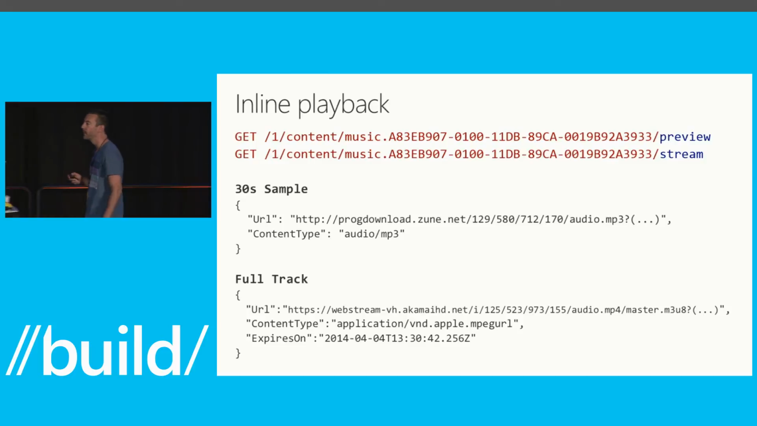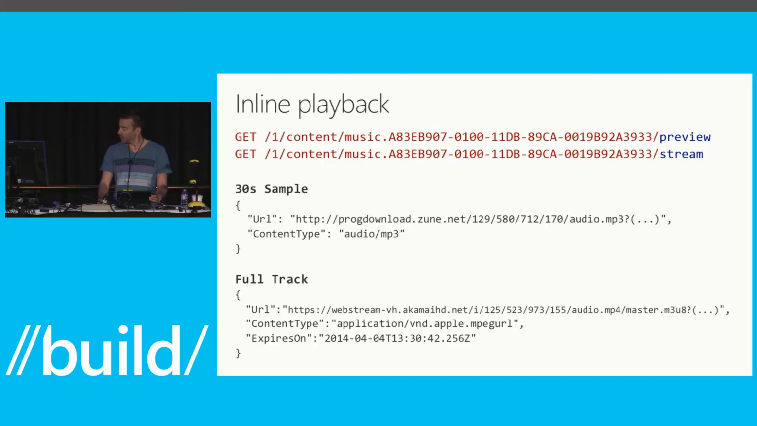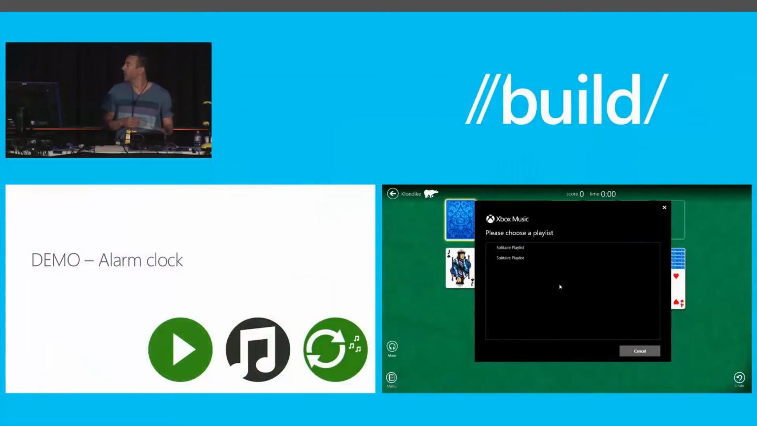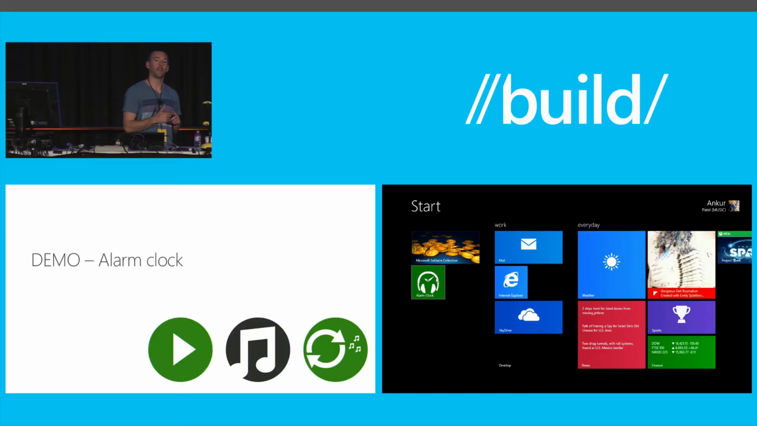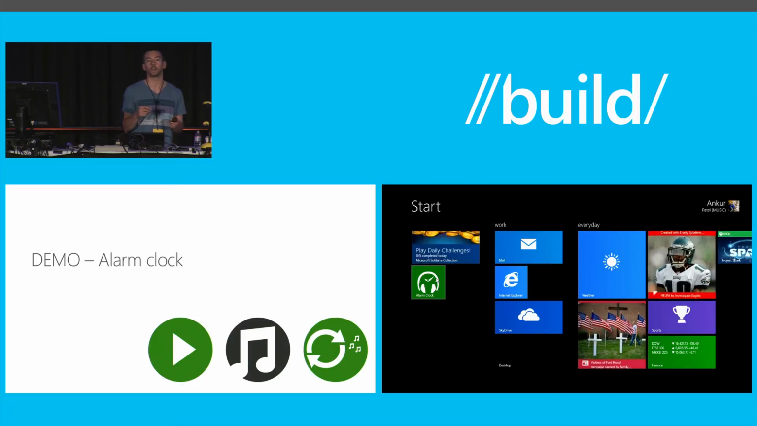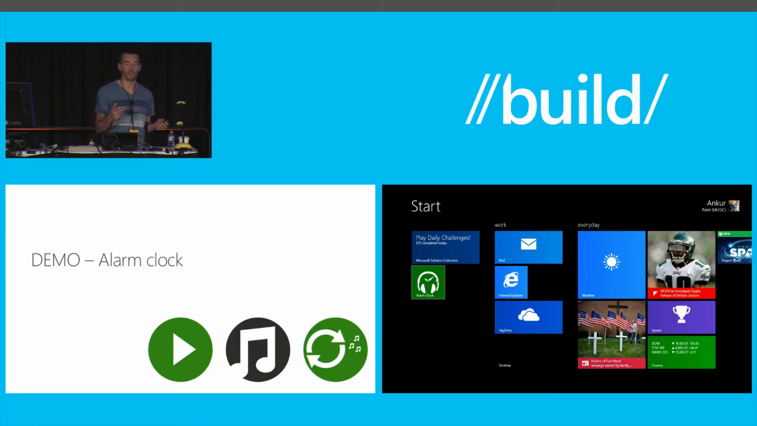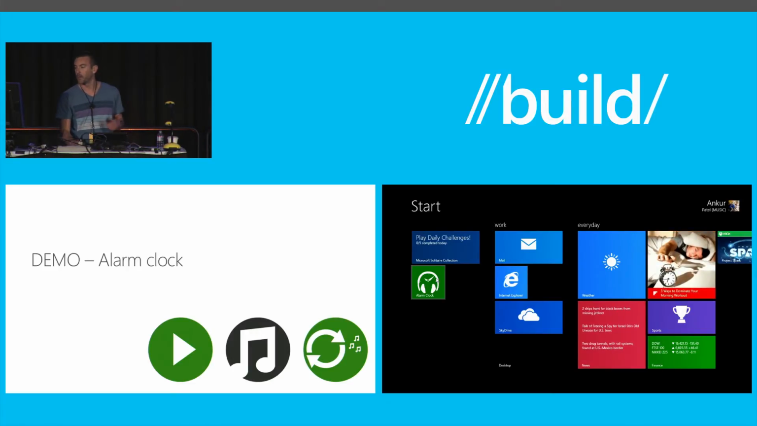Okay. I want to show you guys another demo. Hopefully it will go a little better. How about an alarm clock app, where we'll quickly demo that inline playback I just showed. We'll look up metadata lookup, and a new feature we haven't shown is trigger. Again, trigger is an example of a write that will come to you in the Xbox Music pilot. So imagine you guys are building this app,